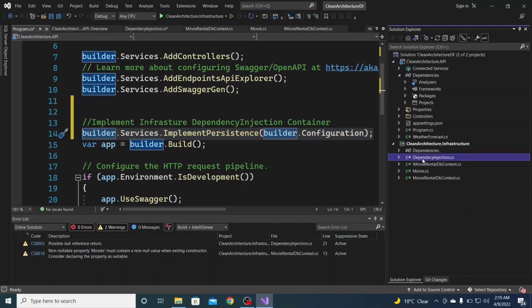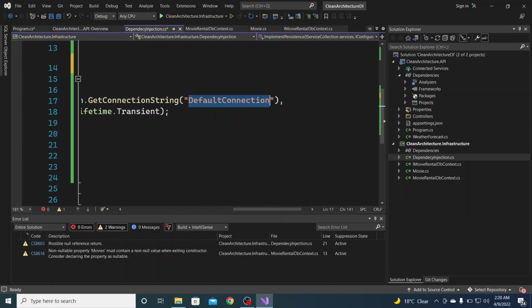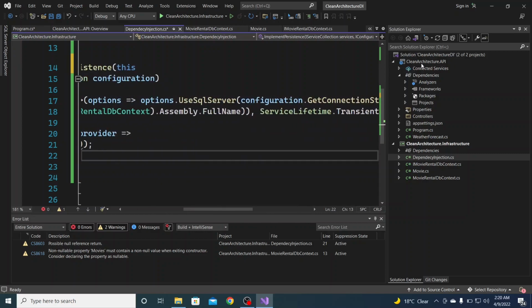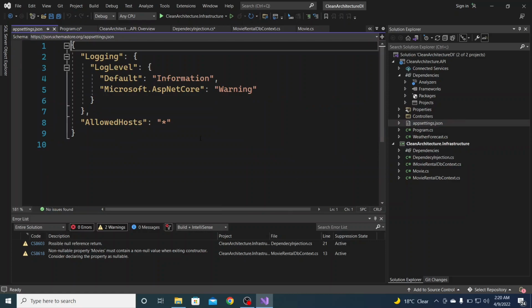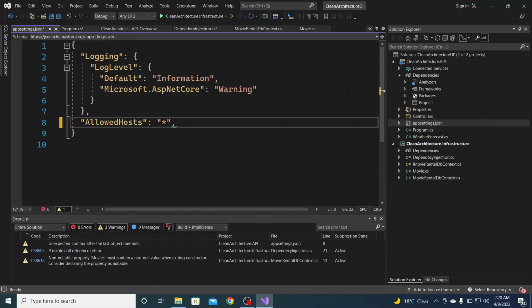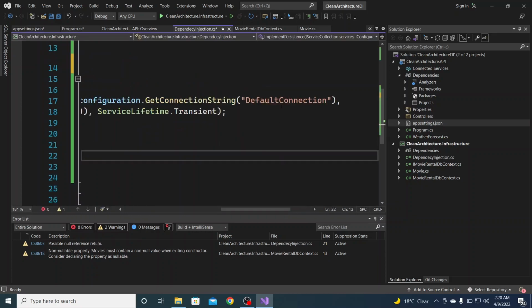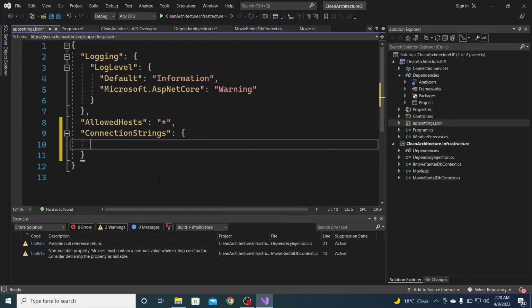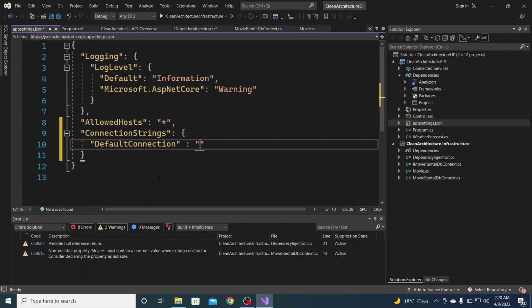So here we'll run the migration within the infrastructure. So you might have wondered, in the dependency injection container for the infrastructure, there was this default connection, right? So because you're going to host the API, so you don't have your configurations in the API. So we're going to go to the app settings.json and we're going to add, first of all, we are going to add what we call connection strings, right? So connection strings, and this one was called default connection. So we're going to call it that, bring it over here,